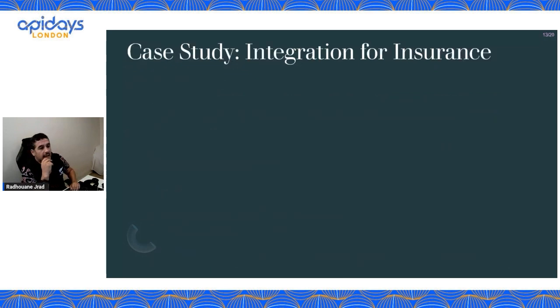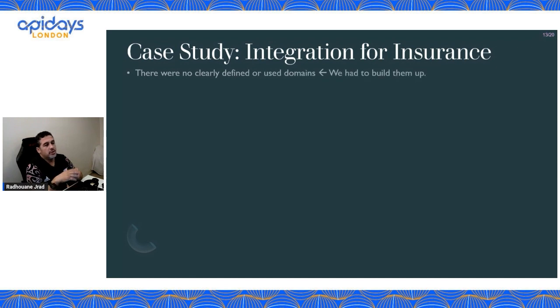Now, let me show you how this has been implemented in the case of insurance, because I gave the example of insurance, and we're going to really understand it much better now with the real case. Okay. So first of all, this insurance company, it's a global insurance company, doesn't have a well-defined set of domains from a business point of view. They operate in the domain realm, but they don't explicitly separate them and name them.